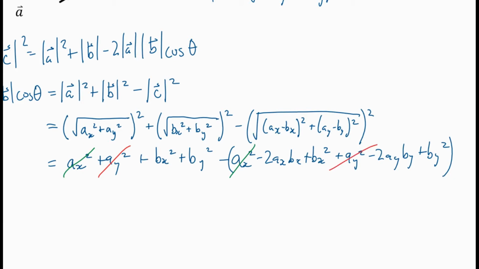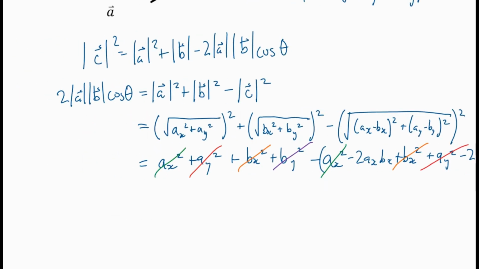There we go. I've got a bx squared, and I've got a bx squared here gone, and I've got a by squared and a by squared there gone. So those are all supposed to cancel out, which they only actually do if I have brackets in the correct places. And now I can simplify this to negative, negative, so those cancel. So this is